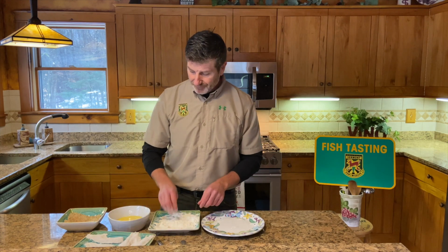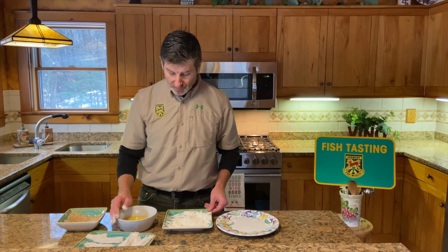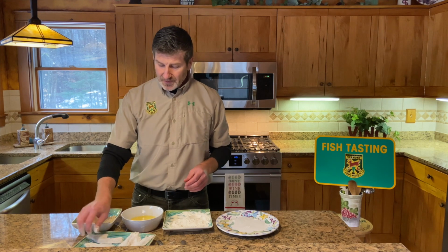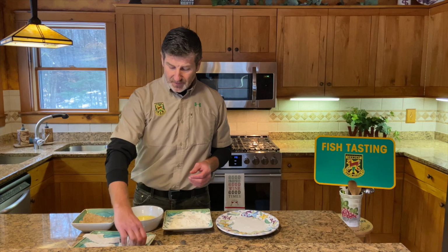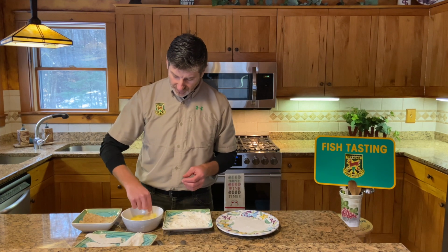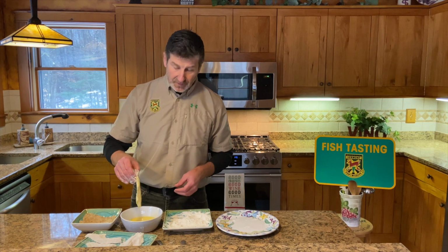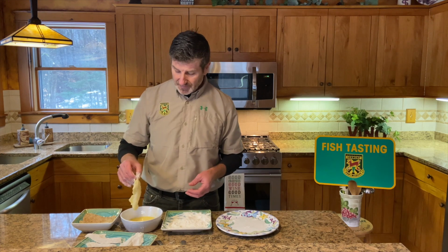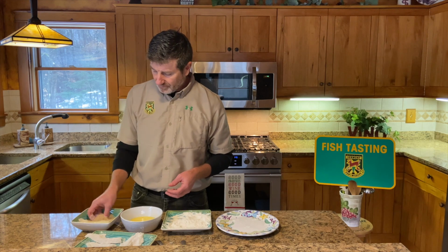Alright, good. So, this is where it gets a little bit messy and gummy. Don't worry about it. Your fingers will be, just rinse them off afterwards. But so the next step, take your dredged fillets and you're just going to, again, real quick, dip them right into that egg wash. And again, similar to the flour, you want to let that drip off a little bit, get the excess off. And then I go straight from there into my breadcrumb mix